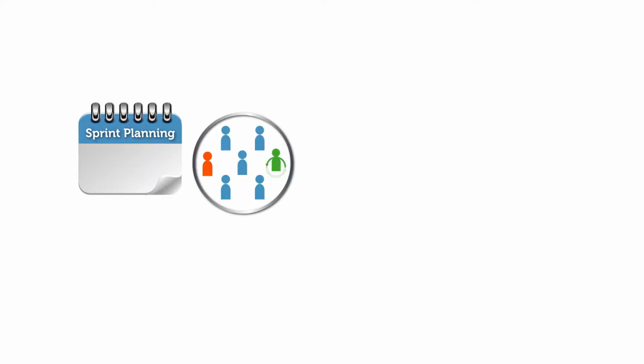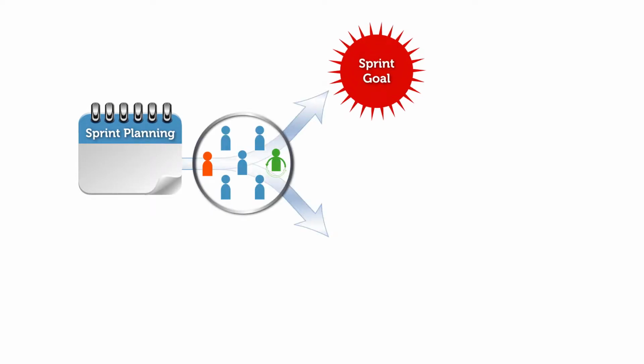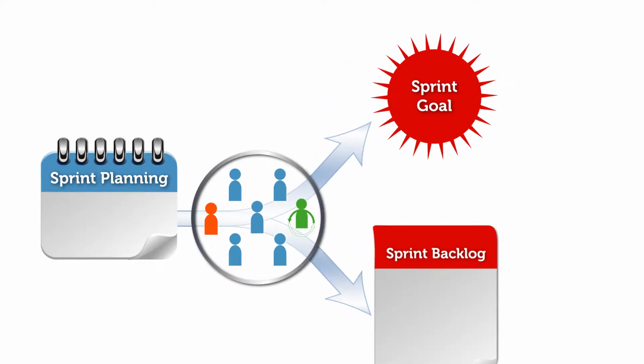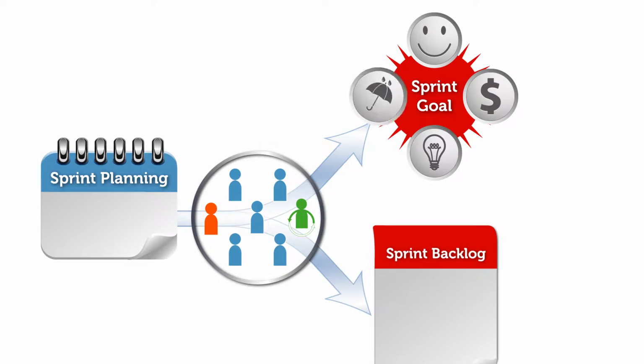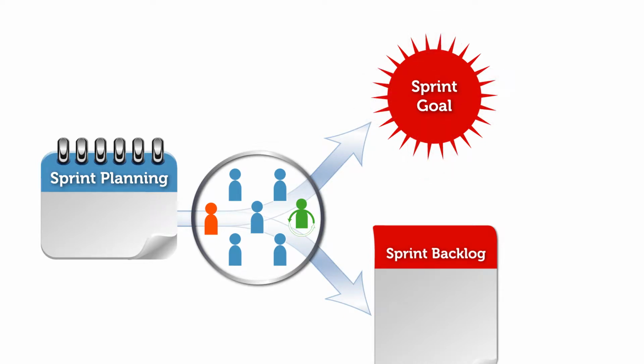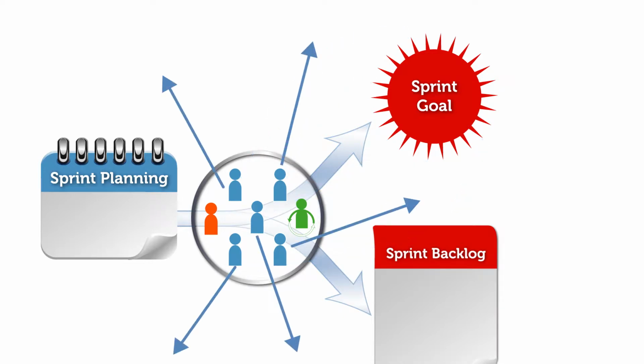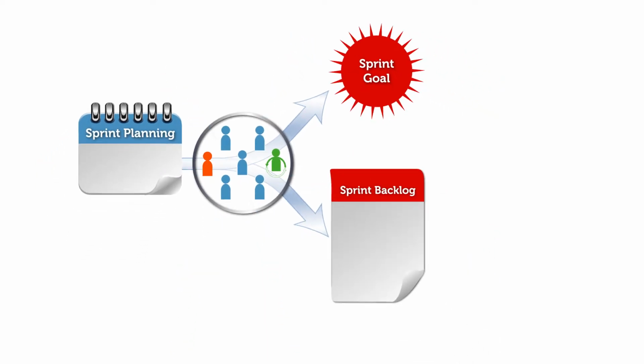During sprint planning, the Scrum team creates two outputs, the sprint goal and the sprint backlog. The sprint goal is a high-level objective that provides guidance to the development team on why the work of that sprint is important. It could be a customer outcome, a business impact, a learning goal, a risk reduction objective, or anything else that helps the development team work cohesively towards a shared goal, rather than on separate initiatives during the sprint. The sprint backlog can be thought of as having two components, the what of the sprint and the how